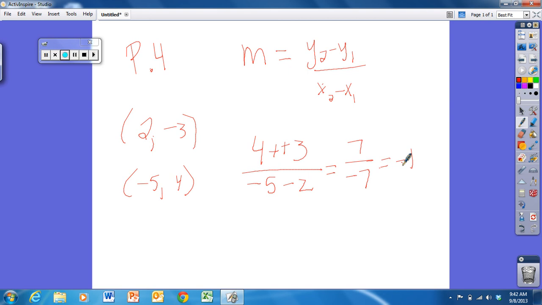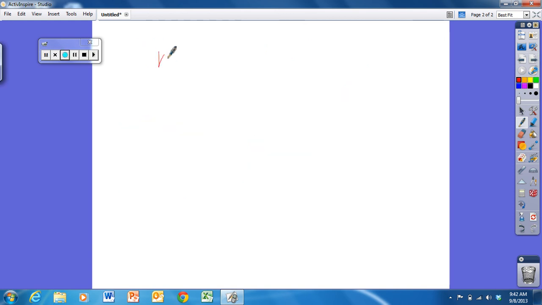Pretty sure you're all pretty good with slope. I'm not going to make you do 100,000 of them. But I'm going to show you something pretty cool. So we have this formula: y2 minus y1 over x2 minus x1. If we solve this equation by multiplying both sides by this bottom, because remember, if you multiply both sides by the denominator, it cancels out over here and it shows up over here. So what we end up with is